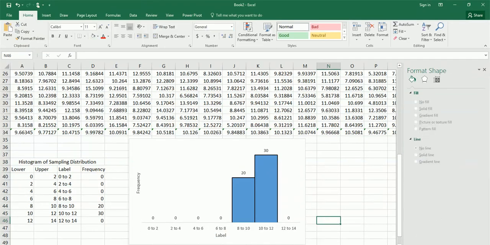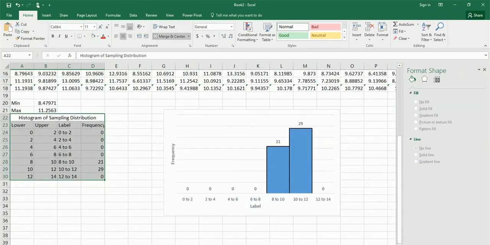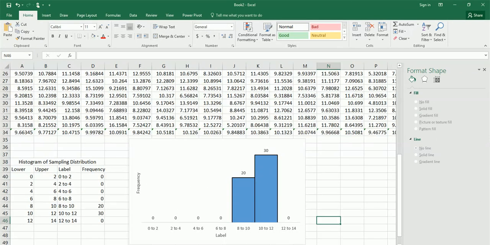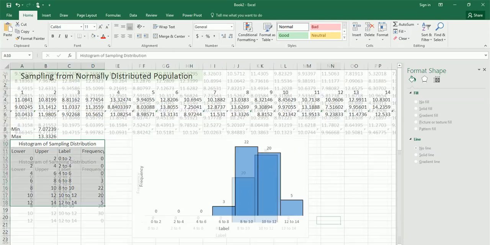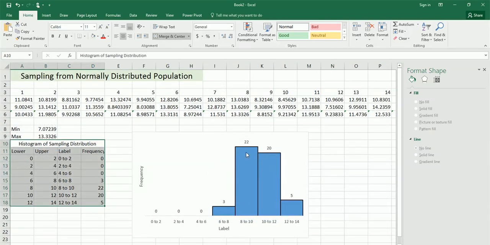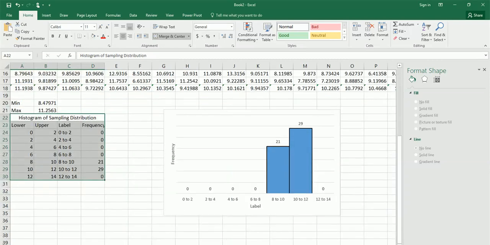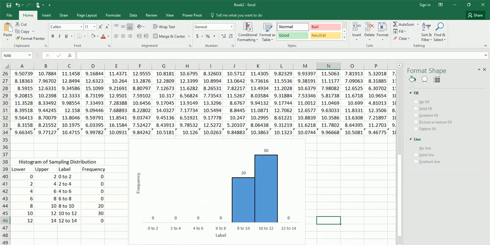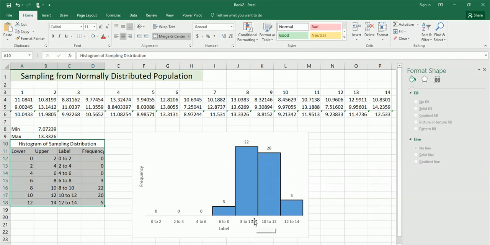Now as you can see, there's a difference between these three histograms. Compared to the first one, the second and third ones are more clustered around the mean, and the data is less spread around the mean. And as the sample size increased, the data became